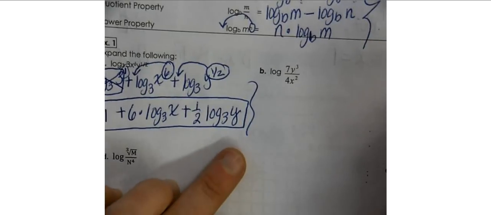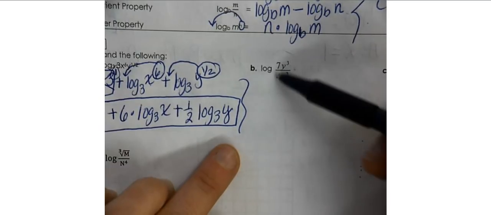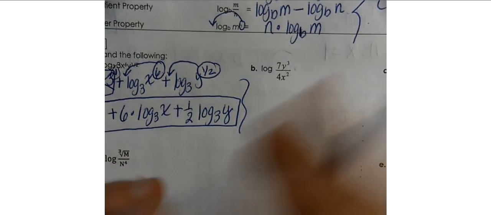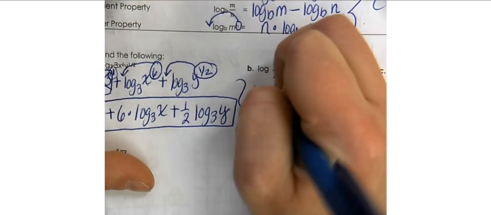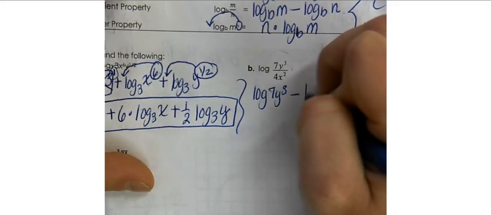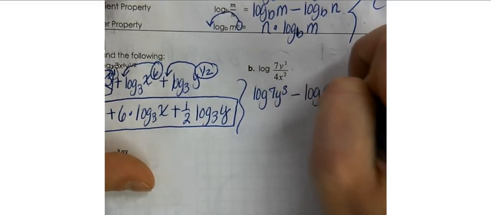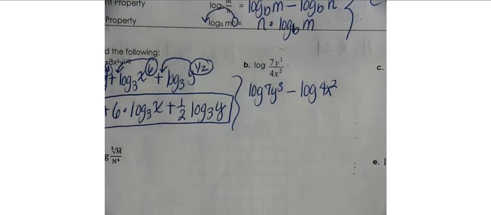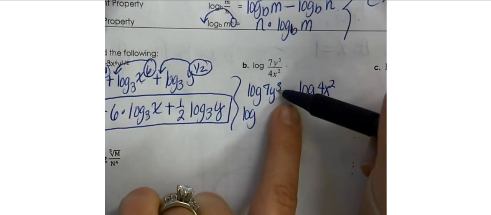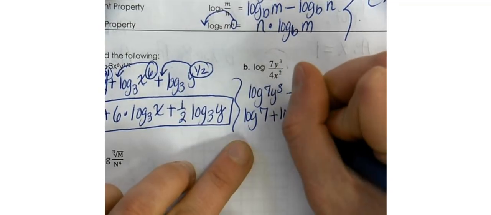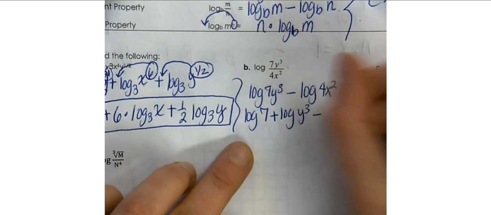For letter B, the main operation that's taking place here is division. So my first expansion is going to be to use subtraction. I'm going to write log of 7y to the 3rd minus log of 4x squared. Now I'm going to work with each logarithm individually to expand it even more. So I'm going to have log, well, I have multiplication here, 7 times y to the 3rd. So I'm going to write log of 7 plus log of y to the 3rd minus, be careful right here,